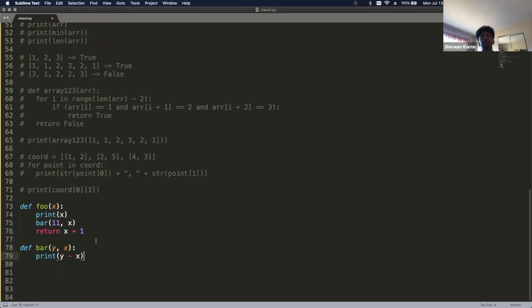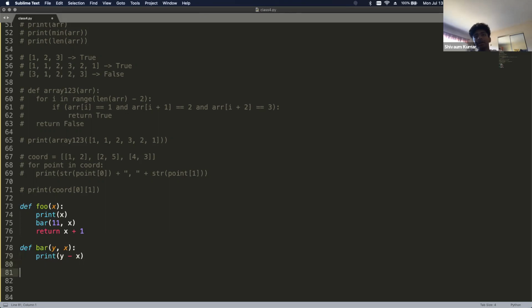Okay, so what I'm doing here is I have a function called foo taking a parameter x, and I'm printing out x, and then I'm calling this function bar with the numbers 11 and x, and then returning x plus 1. Once this function bar gets called, it takes in values y and x, and then it subtracts them. 11 minus whatever the value of x is. So in this case, it'll be 11 minus x for the bar function, and then it'll print that out.